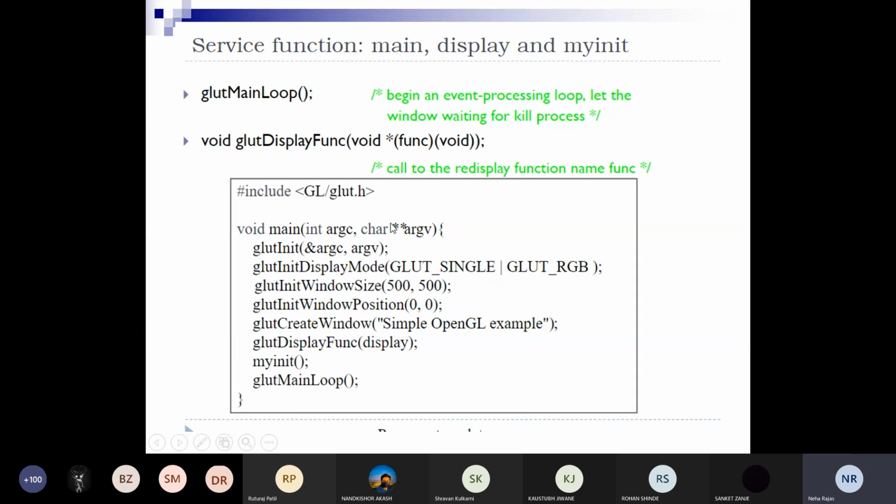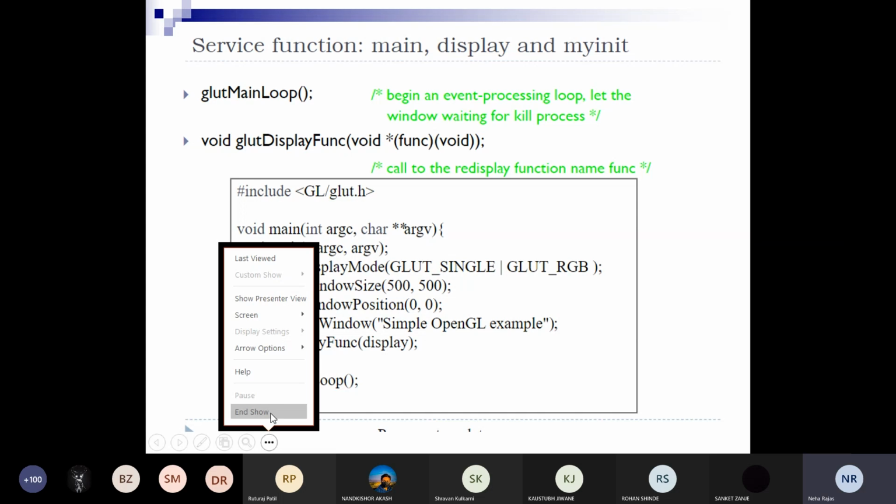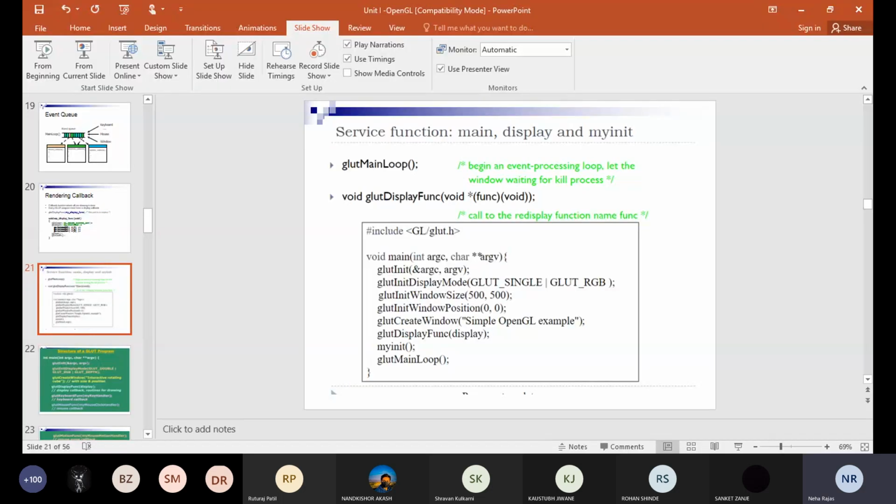आपको पता होगा ये क्यों यूज करते हैं. Anyone can tell me why we are using argc and argv? आई थिंक आपके फर्स्ट ईयर में ये हो चुका है. Tell me, this is the basic of C++. Anyone? Shravan, Kaustubh?